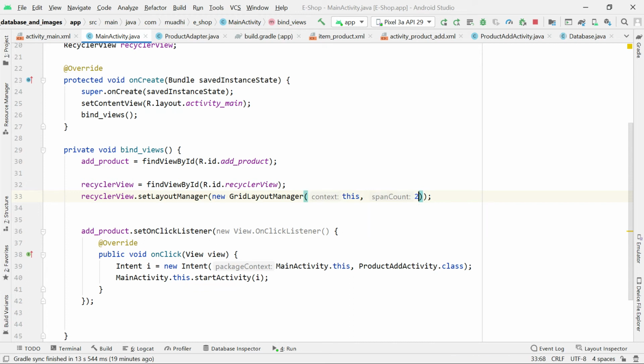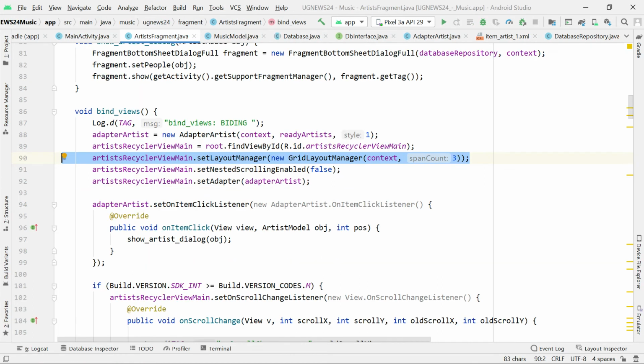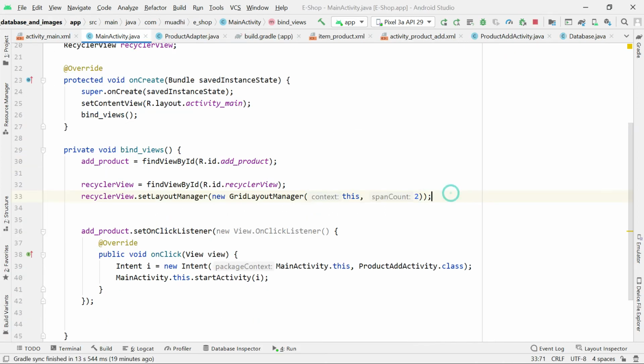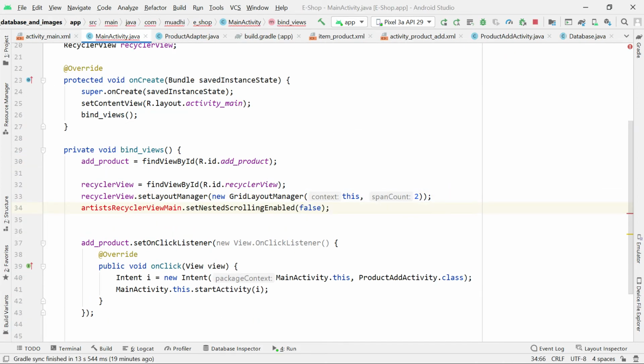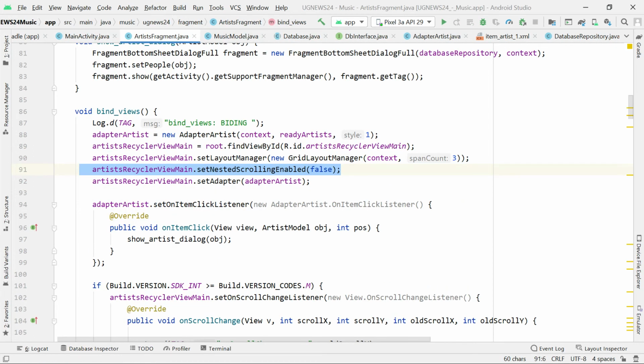So after displaying two products at a time, we'll set nested scrolling enabled. I'll set it to false, to make our application faster when scrolling. And then I'll go ahead and create the